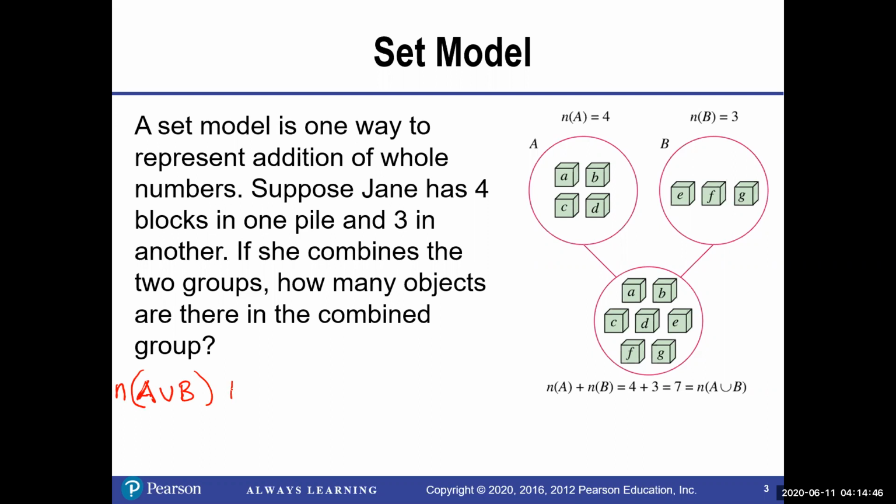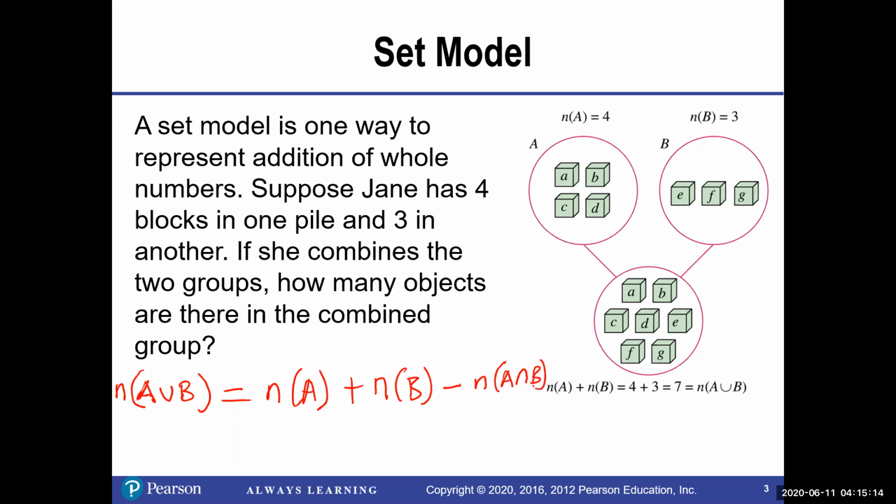So this is equal to, when I write n of A, it means the number of elements in A, plus the number of elements in B. And then you have to take away the intersection,